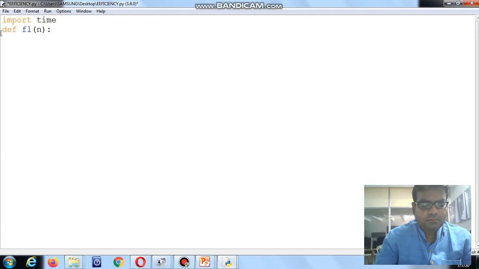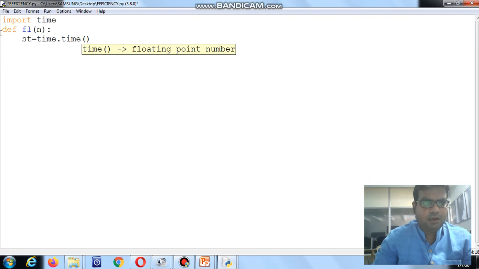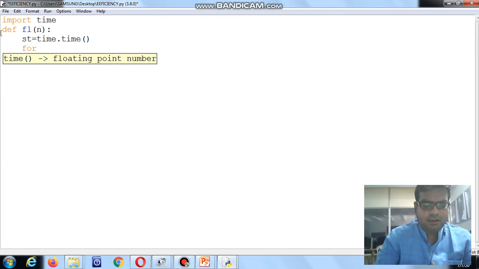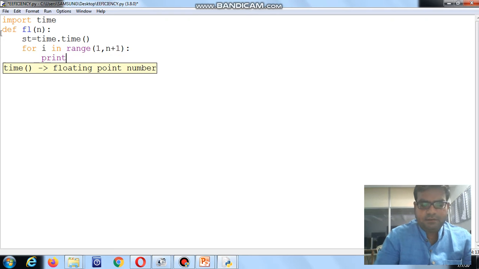Then start time is equal to time dot time function. Then for i in range 1 to n plus 1, because our loop executes less than the upper limit. Then print i, and end is equal to blank.